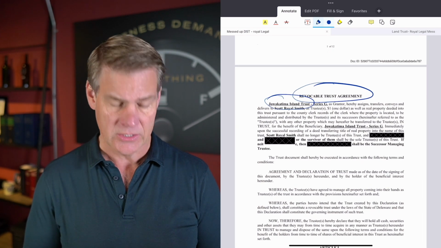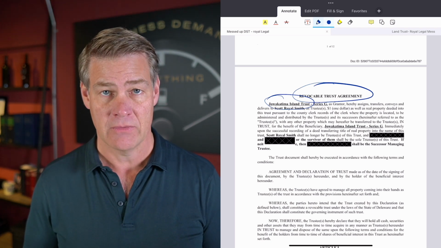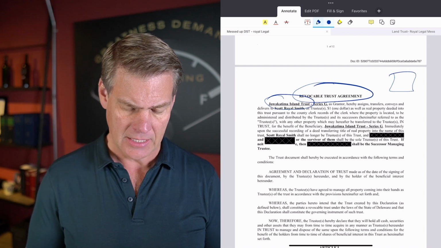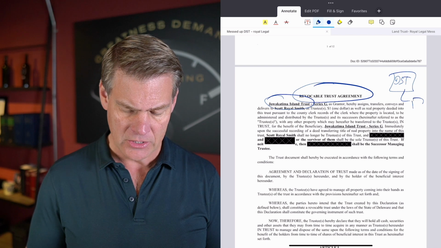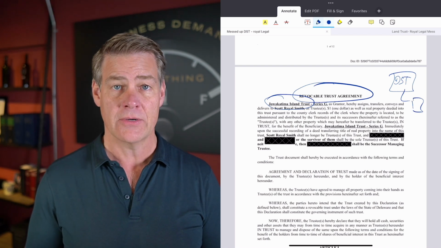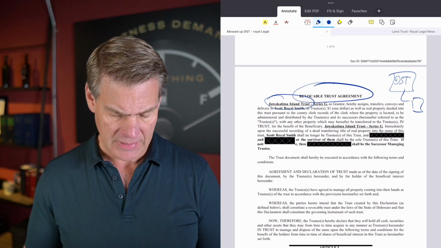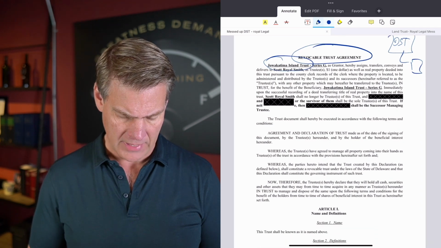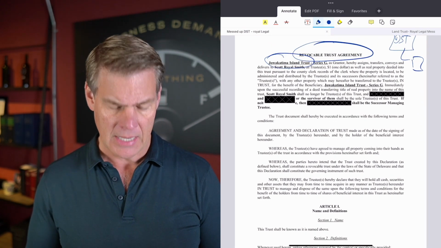Now, if you're looking at this right now, you say, well, Clint, I see Series G. That is the actual beneficiary of this trust. So what they did here is the person who set it up, they set up a DST here, and then they had another DST cell or series as the beneficiary. But the trust itself fails because it is not a series trust. It was not formed as a series trust. So that's one of the main problems we have with this.